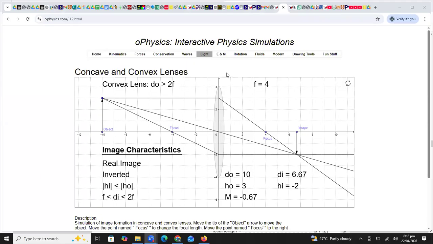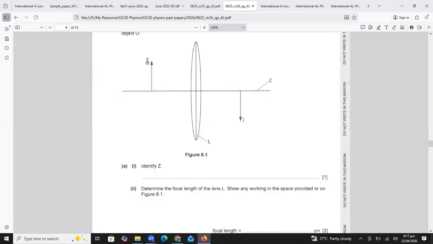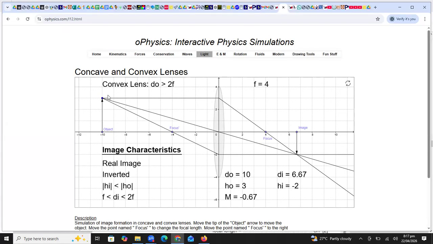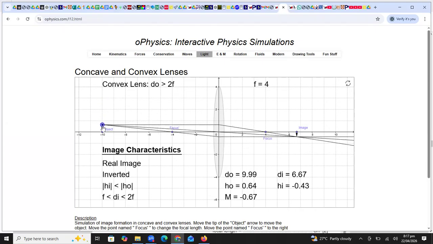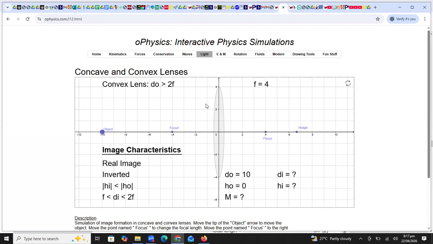So now students, I'm going to show you this simulation to understand the concept of lens. In this question, which is given in the paper, you can see the height of object and height of image is the same. So let me draw this diagram on this bigger lens. Okay. So you can see this is the convex lens, which is thicker from the center, thinner from the edges. All right. Focal length of the lens is 4 centimeter.